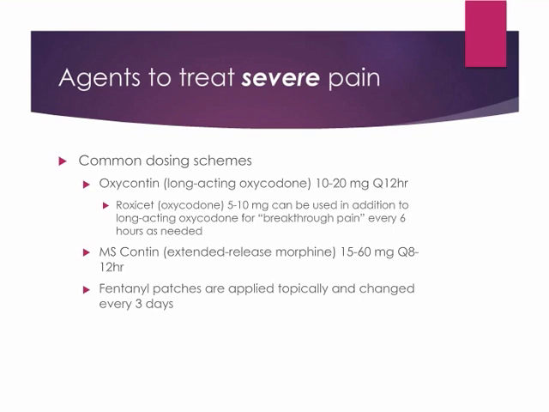MS Contin, which is the extended-release morphine, is dosed as anywhere from 15 to 60 milligrams, again, given on a set schedule of every 8 to 12 hours. I have seen patients on 60 milligrams every 8, but the way we generally think of dosing ranges is that the lower dose is given more frequently, and as we move up the dosing ladder,